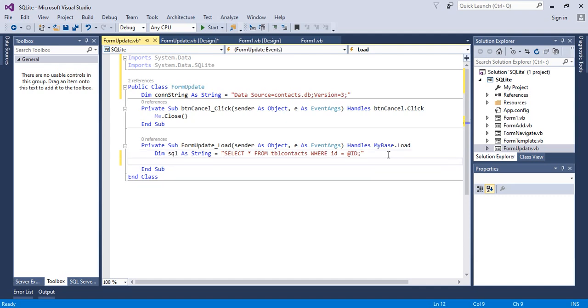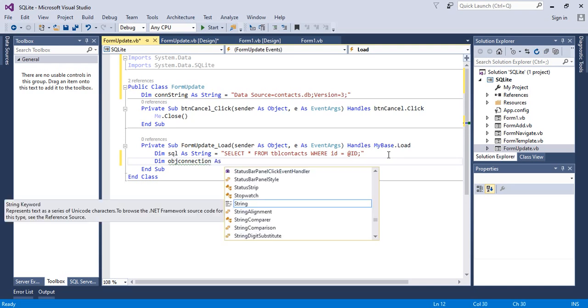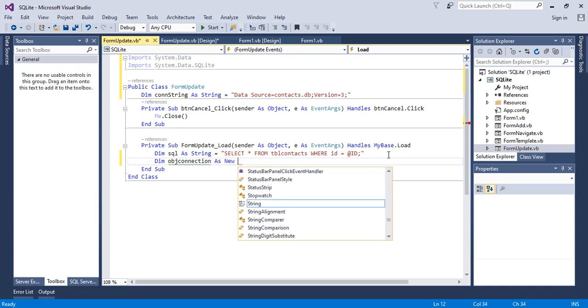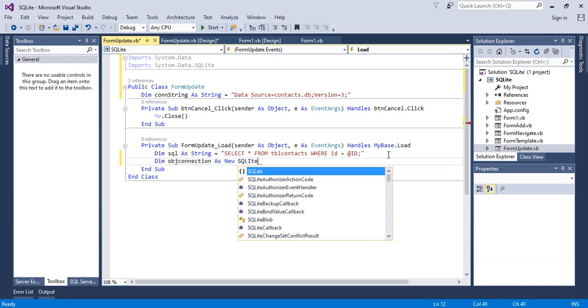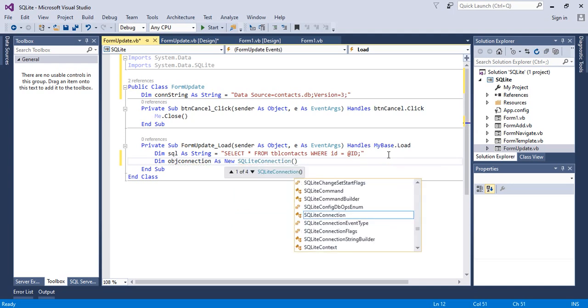Then I will create a new object. I'll say dim object connection as new SQLite connection, and I will pass in the connection string which we have pasted here on top. So I will say con string,